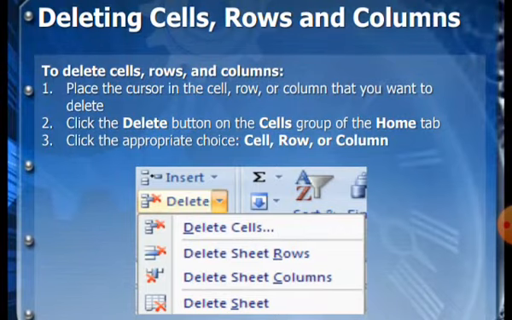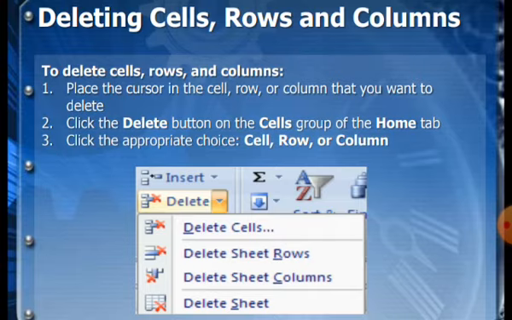Deleting cells, rows and columns. To delete cells, rows and columns you have to follow 3 steps. The first is place the cursor in a cell, row or column that you want to delete. Second step, click the delete button on the cell group of the home tab. Third step, click the appropriate choice: cell, rows or columns.